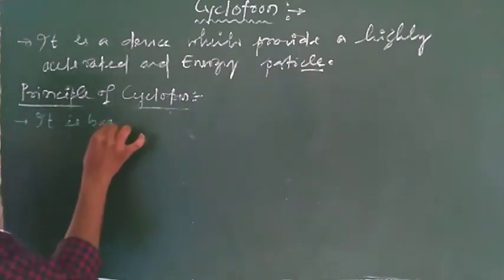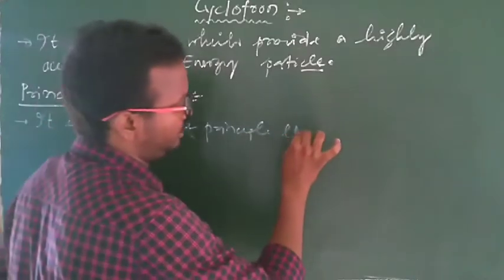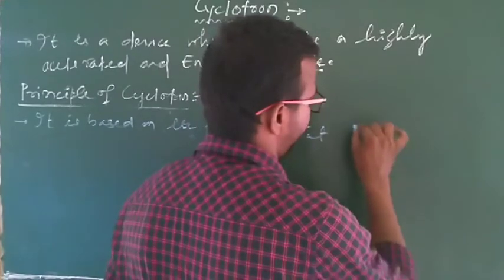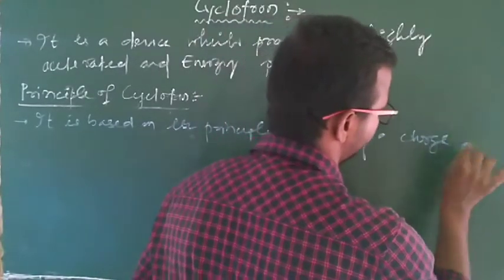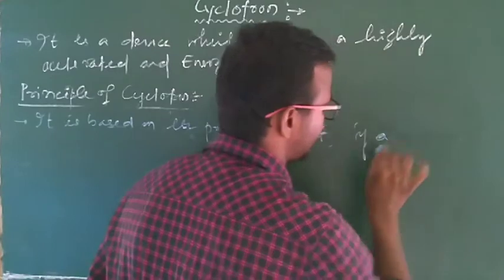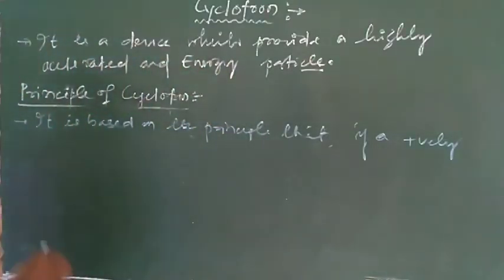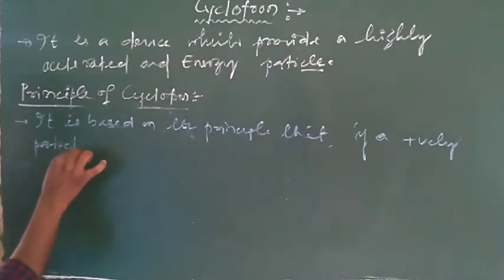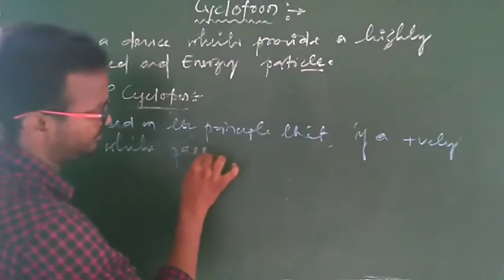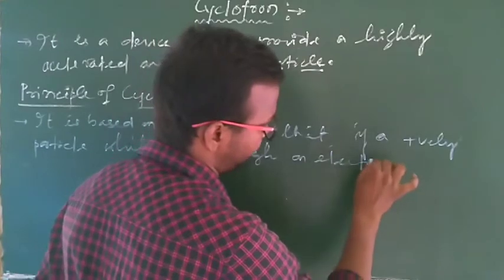It is based on the principle that if a charged particle, here we will take a positively charged particle, we will discuss later, if a positively charged particle passes through an electric field